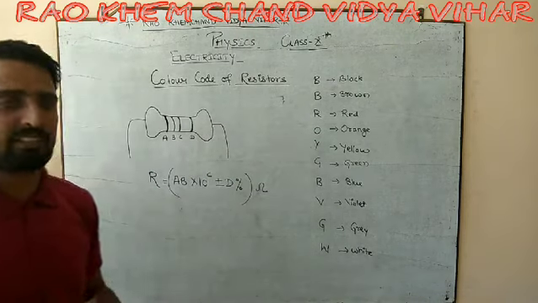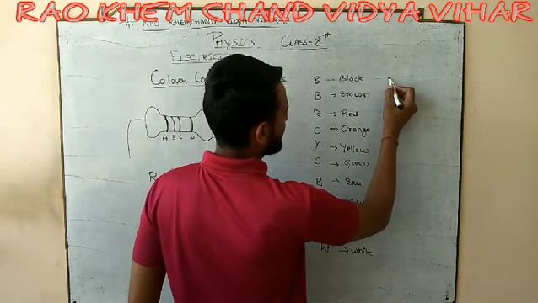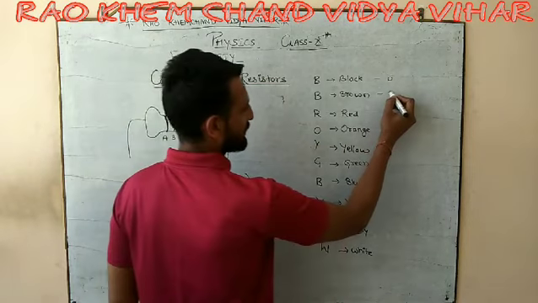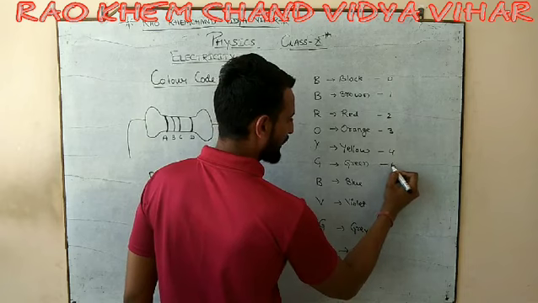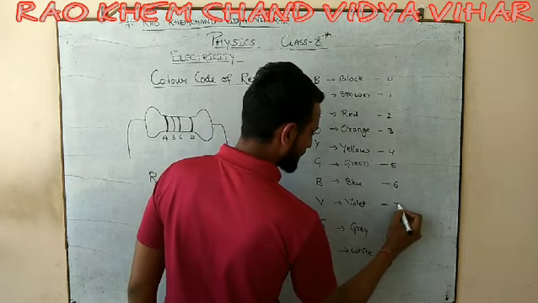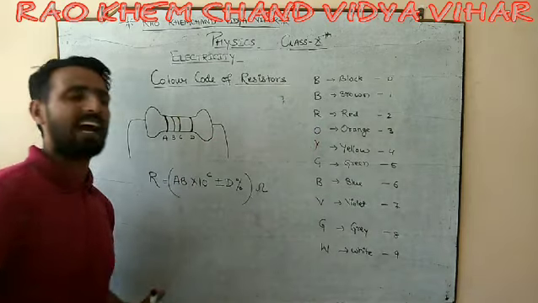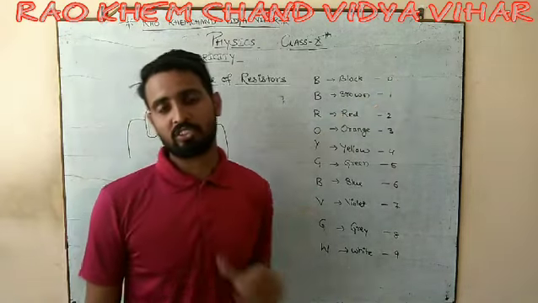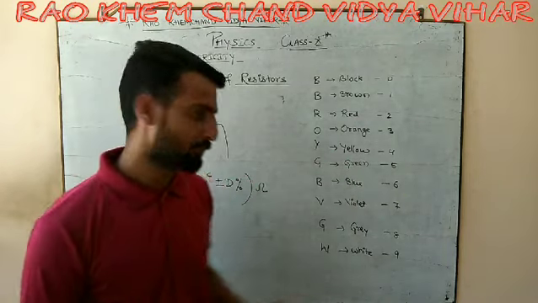In 10 colors में से कोई भी color stripes यहाँ पे use हो सकता है. Where black represents 0, brown represents 1, 2, 3, 4, green with the 5, 6, 7, 8. So we have total 10 colors. Counting is going to start from 0, never count from 1. So code starts from 0.